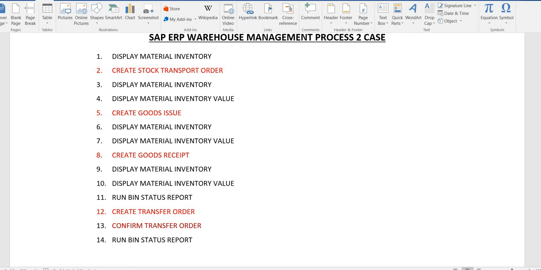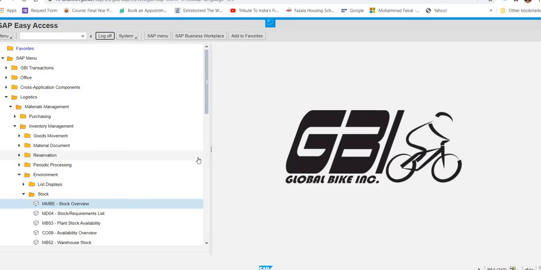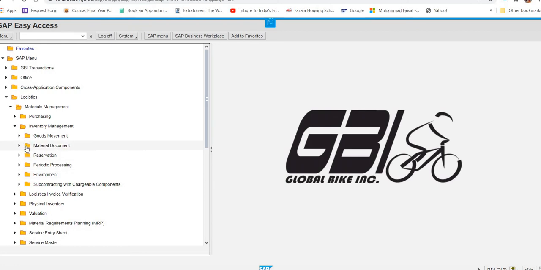So when you are going to perform this activity, create goods issue, let's move to create goods issue. Again, the path is logistics, materials management, inventory management, and then goods movement. So I'm going to close this so that you should not be confused.